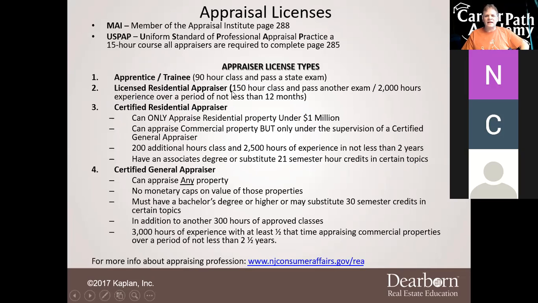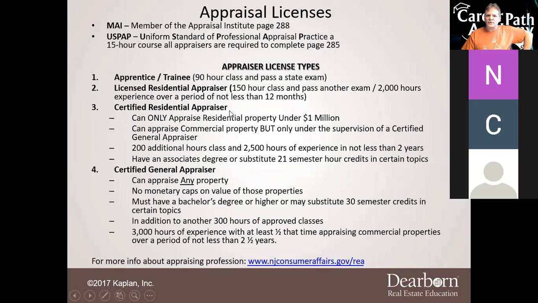Until you could go back, take another 150-hour class and pass another exam after you had 2,000 hours of experience doing appraisals in not less than 1 year's time. And then you could go back and become a licensed residential appraiser, who still cannot do appraisals on their own. They have to work under either a certified residential or a certified general appraiser. All right, so